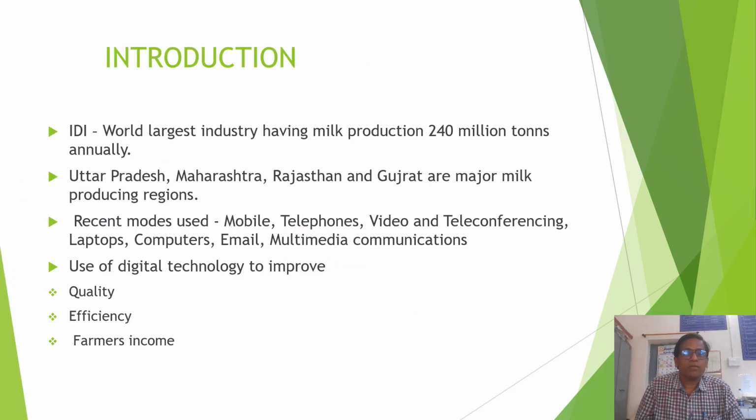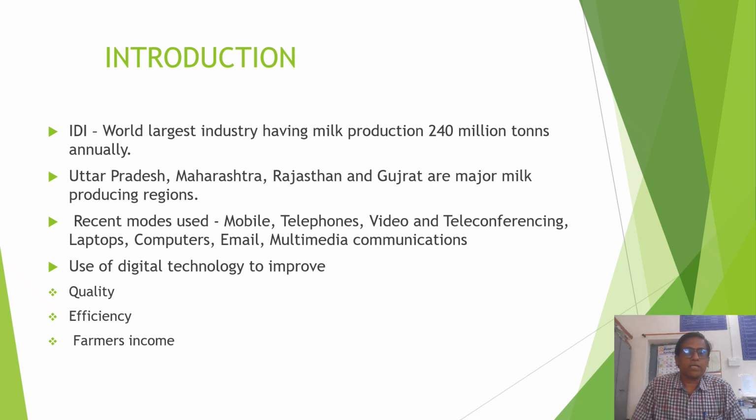Introduction. The Indian dairy industry is the world's largest dairy industry, having milk production of about 240 million tons annually. As you all know, India is the largest milk producer in the world. Uttar Pradesh, Maharashtra, Rajasthan and Gujarat are major milk producing regions of India. Nowadays,